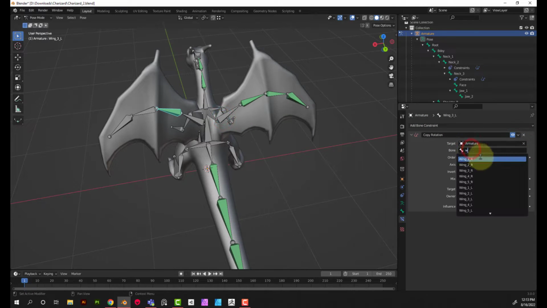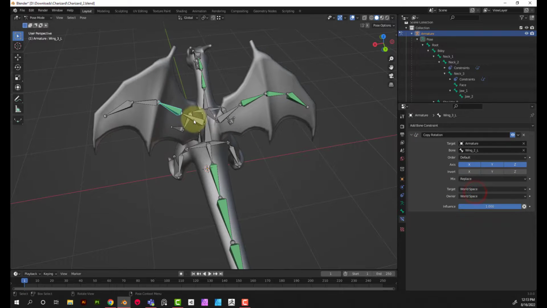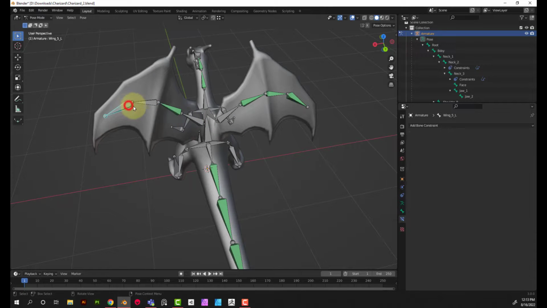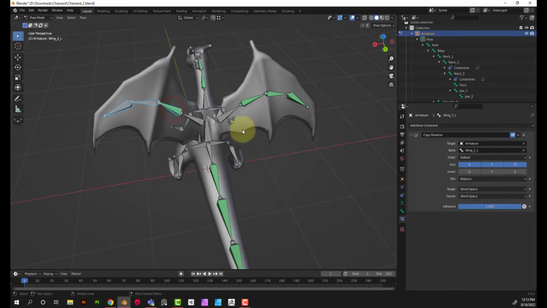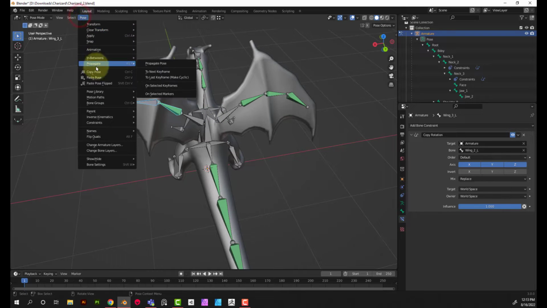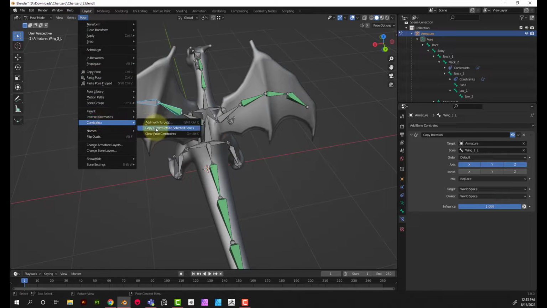Clear armature, wing. One thing I didn't think about is you'll have both the left and right wing, so make sure you're going to the correct wing. So wing 2L. And then from here, I'm going to go ahead and just select those additional ones, holding Shift, and then